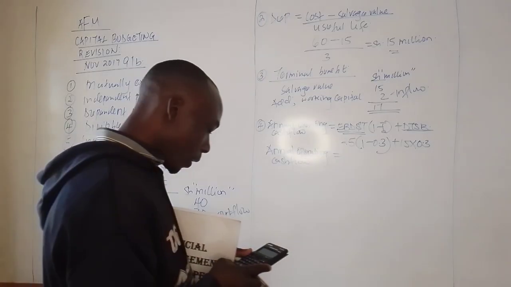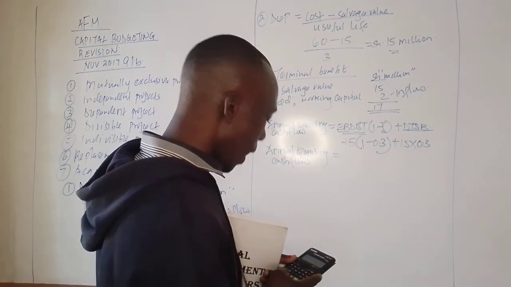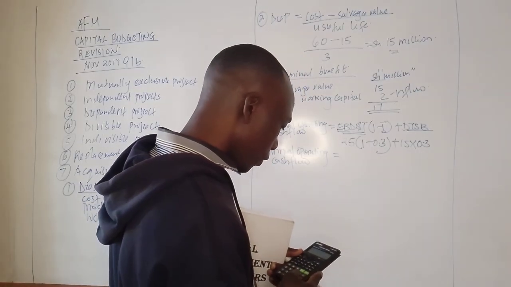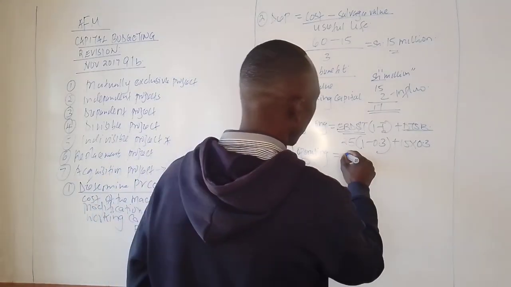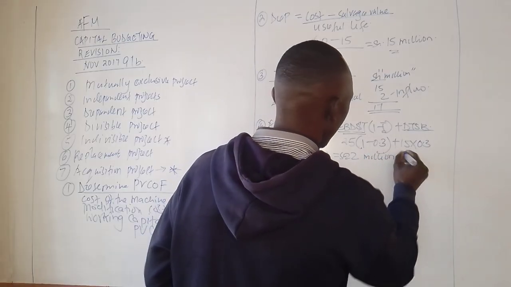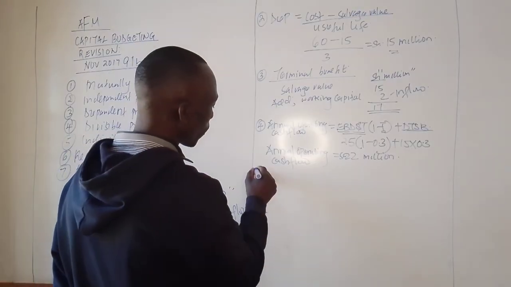It is going to be 25, then you multiply by 0.7, plus 15, you multiply by 0.3. So our annual operating cash flow will be 22 million. Once we get 22 million, now it is for us to evaluate